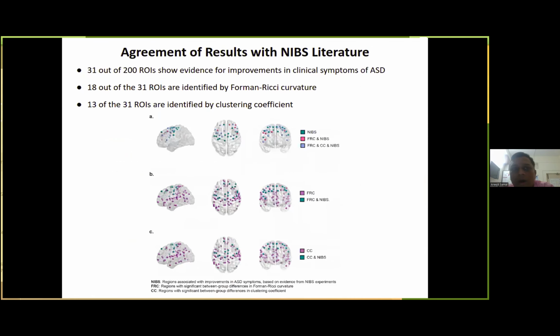Essentially, it boiled down to 31 regions out of the 200 in the Schaefer atlas which have independent experimental validation, if stimulated, would lead to improvement in people with autism. 18 are predicted by Forman-Ricci curvature, and only 13 are predicted by clustering coefficient. So this is all a lot of analysis to show that you get more information out of applying the discretization